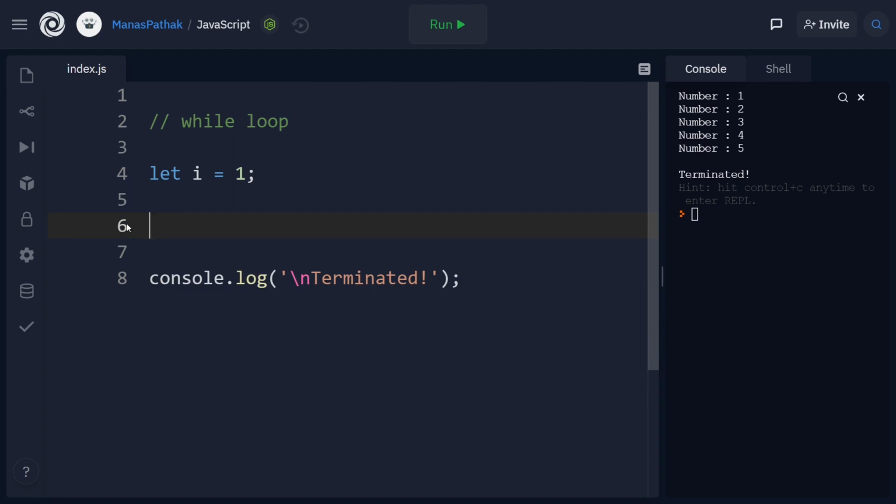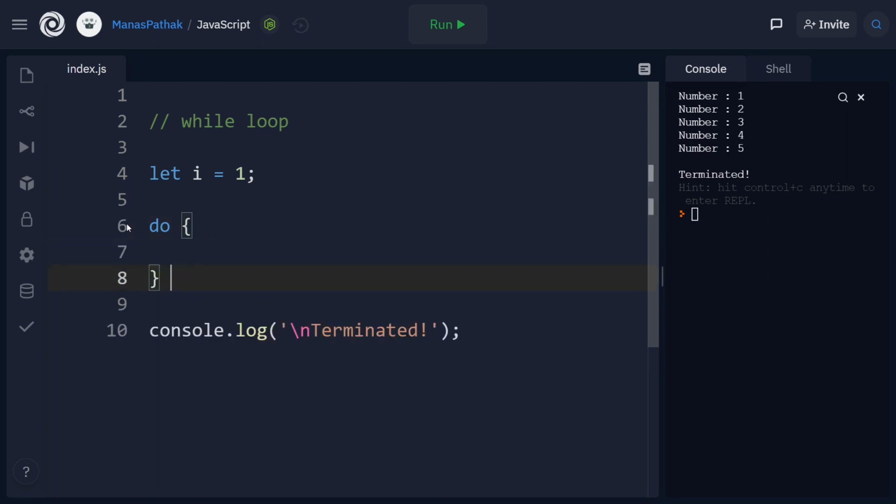And now let's talk about a do while loop. A do while loop is pretty similar to the while loop. To create a do while loop in JavaScript, we have to use the do keyword. So we will be writing do, and after that curly braces, and after these curly braces, we have to put the while statement. In these round brackets, again, I'm going to be putting the condition of i less than or equal to 5.